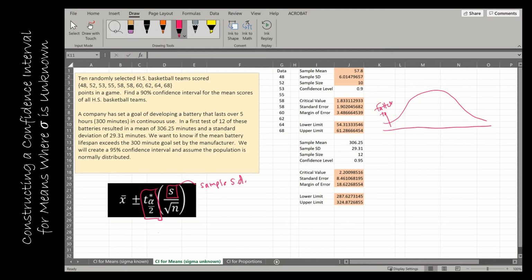And the reason that matters to us is, of course, if I have the same area in the tail, there's going to be more stuff in here because the tails are fatter. So let's take a look at two questions, one of them dealing with sample data and one of them dealing